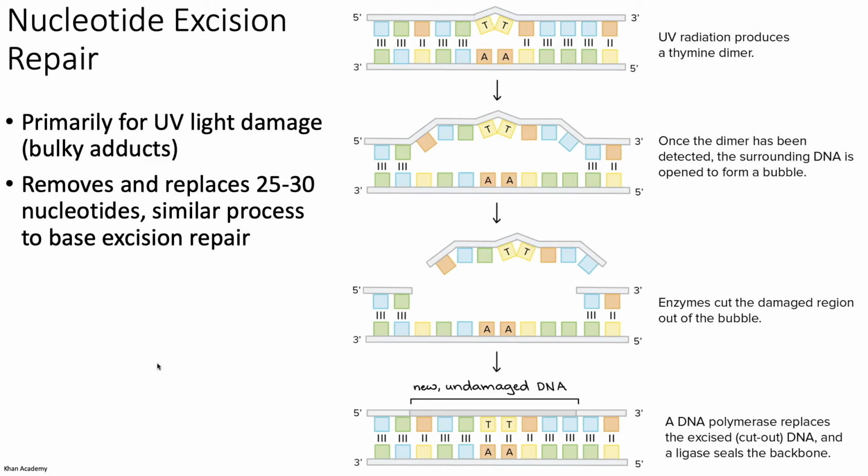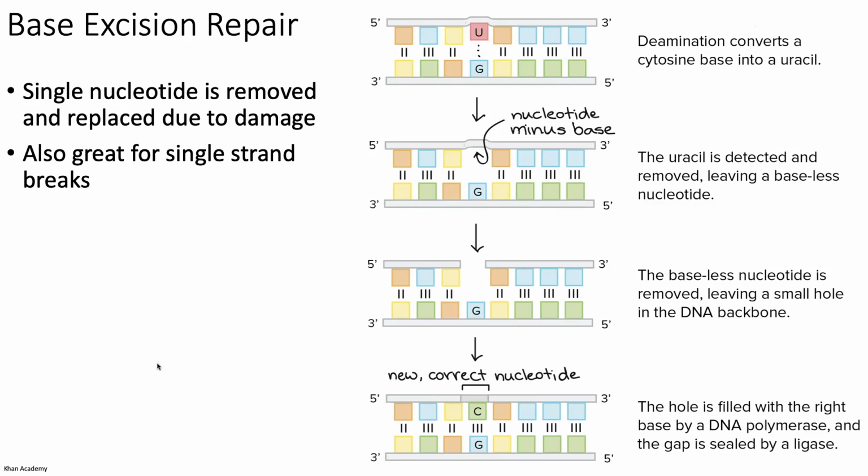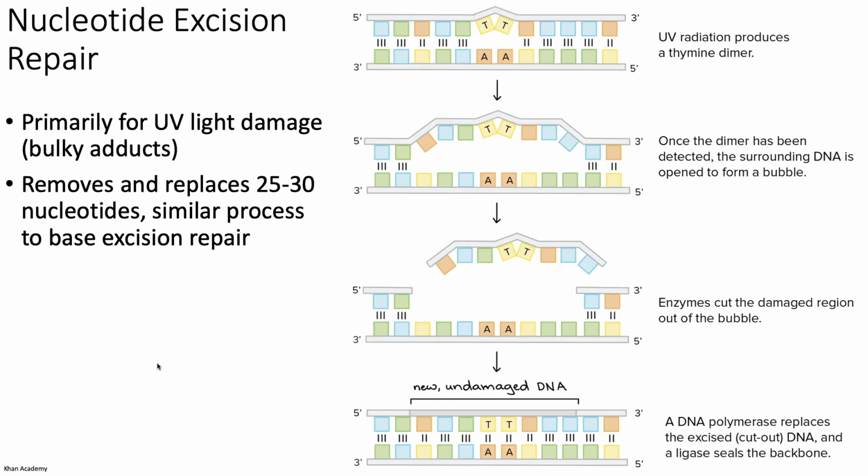It is a similar process. It's really just base excision repair on a bigger scale, i.e. 25 to 30 nucleotides actually get replaced, as opposed to base excision repair, which is a couple nucleotides, if not one. And so you can see between these two different techniques, you can actually fix a lot of the mutations that can happen. But I talked about earlier, free radicals or X-rays or gamma radiation, really high energy radiation can